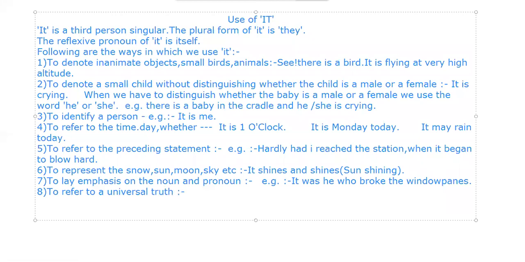To refer to the universal truth. So if I say, it needs oxygen for a man to live on earth. For a man to live on earth. So this is where all we use the it. So these are the places where all we use the word